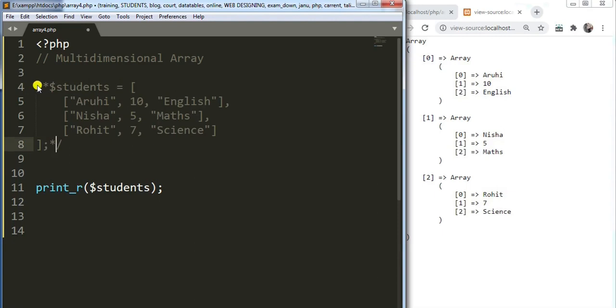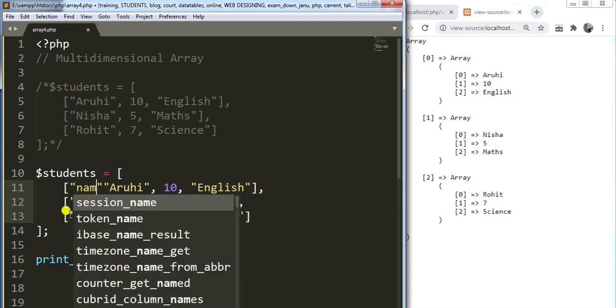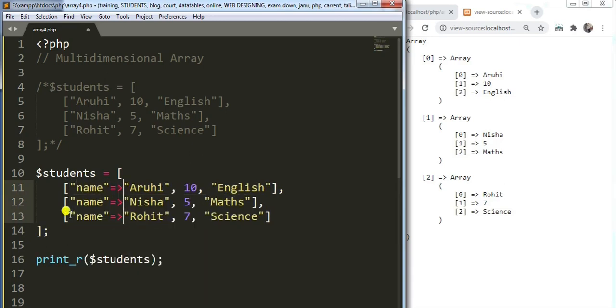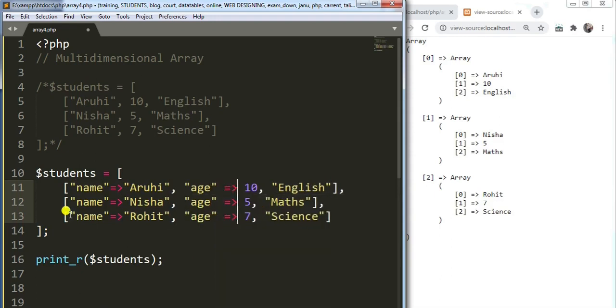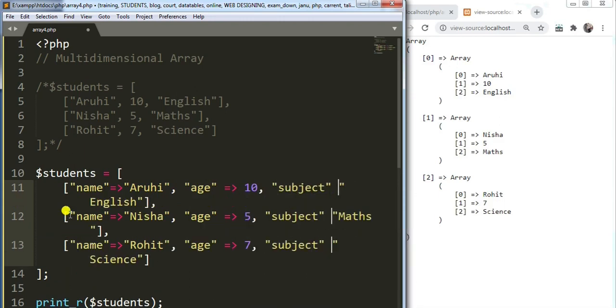Let me copy this and comment this and then name here. Then age, and after age, subject. So here we have given the names to the index.